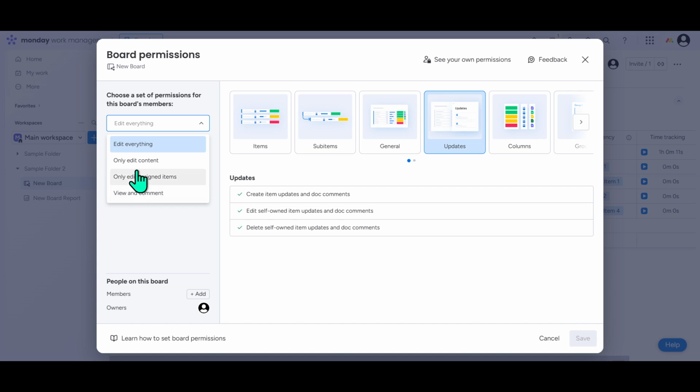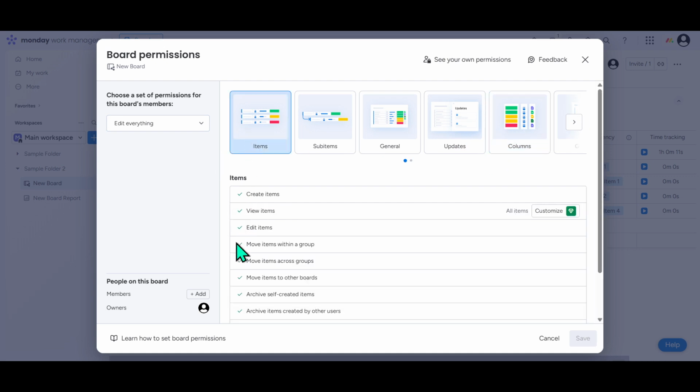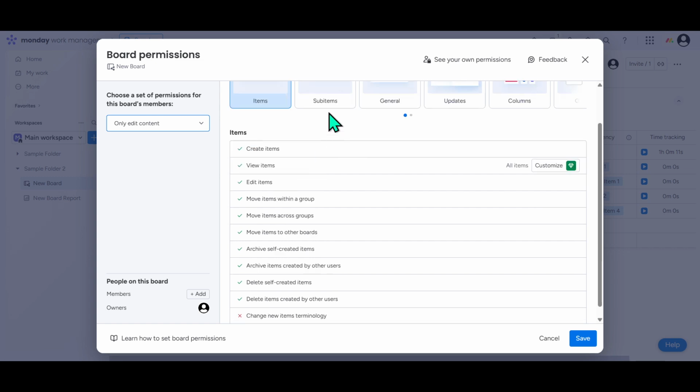The first option is Edit Everything, which, as the name suggests, allows members full access to make any changes on the board. This is useful for team leads or members who need comprehensive control over the board's content. The next option is Only Edit Content. This choice is handy when you want members to contribute or update information, but not alter the structure or settings